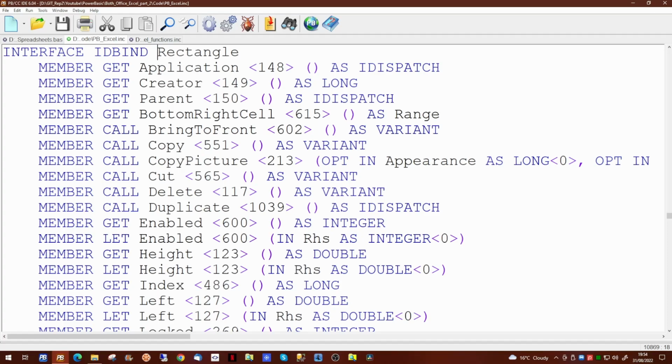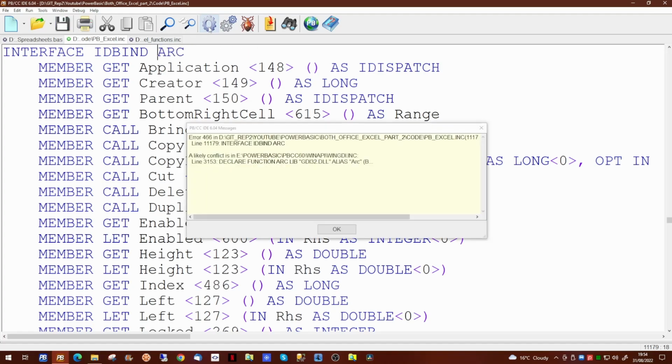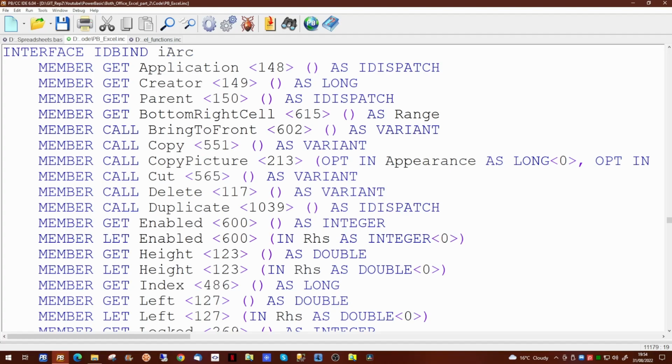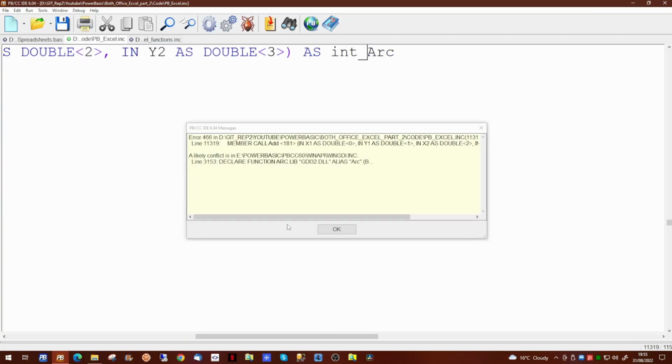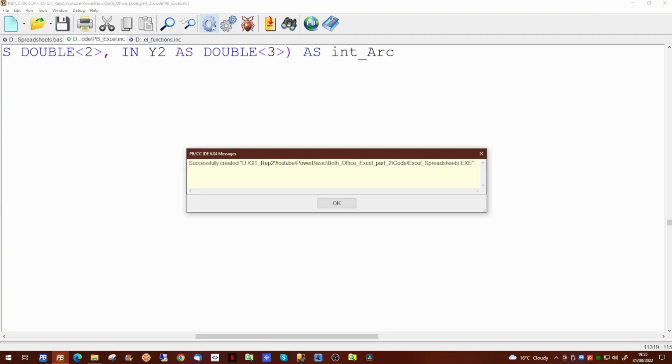So we're going to sort out this name conflict by changing the name of the interface in the file that came out of the COM browser. As we can see, there's more than one change needed. And now our application compiles quite cleanly. This allows us full access to the Windows API now.